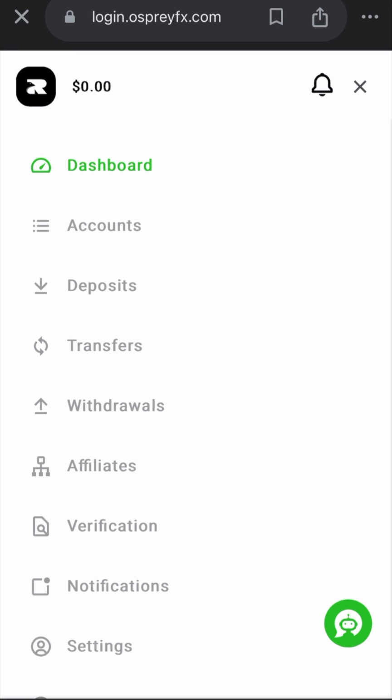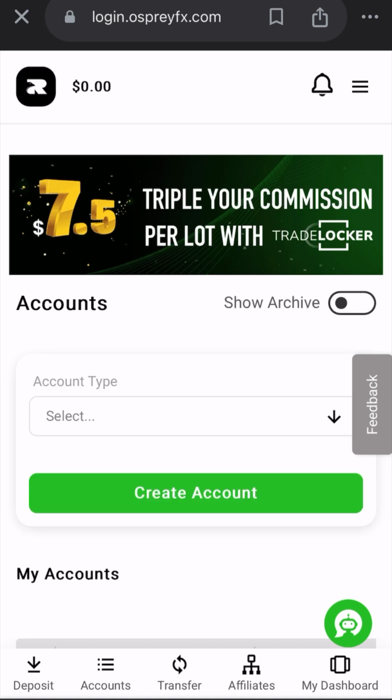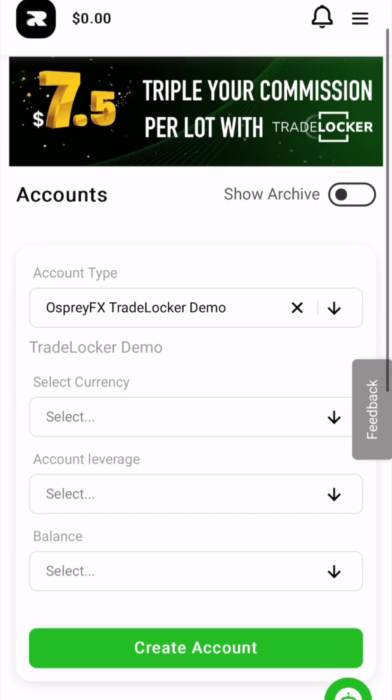So the first thing to do once you create an account, and I'll put the link below, you go to accounts, and I'm going to go to type. Now what I recommend you guys do is go to demo. And for demo, this will create you a demo account. You don't have to use real money in the beginning. You can practice. So you go to currency,